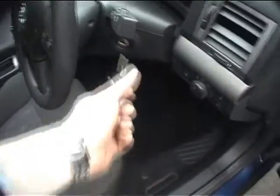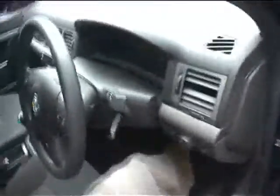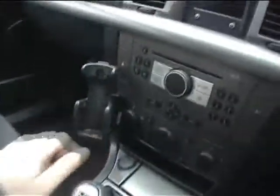2 electric windows up front, electric mirrors, height adjustable driver's seat, lumbar support. The driver's seat's pretty tidy actually, there's very little wear to it. A little bit of light marking to the base, but that would scrub up quite happily. Okay, so there's a new type of remote key with it as well, lights on, warning buzzers, that sort of thing. In the car itself, we've got an alarm system. Looks like it could have auto wipers actually, I'll check on that. Airbags, we've got 2, 4, 6 airbags, ABS brakes, Nokia handset for your mobile phone, centre armrest, nice clean gear knob. The steering wheel's showing hardly anywhere,